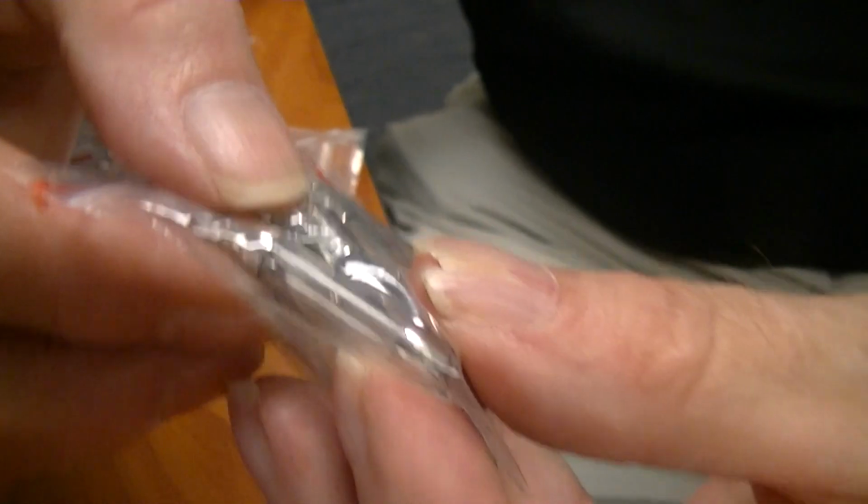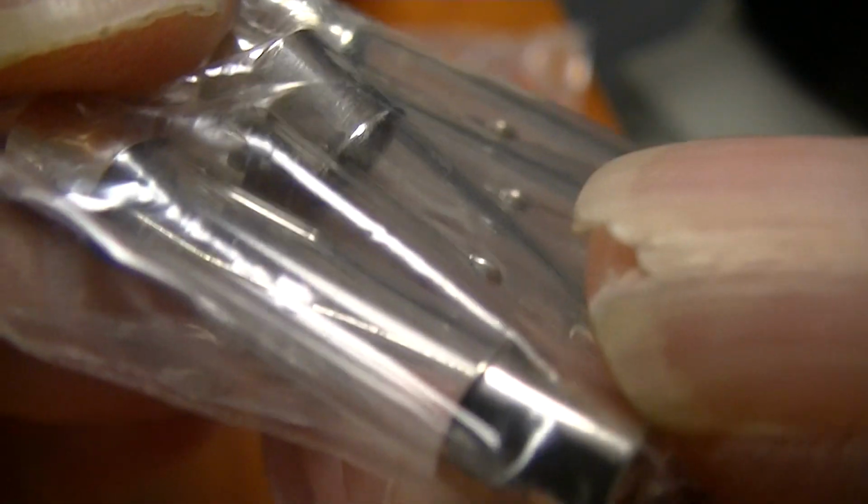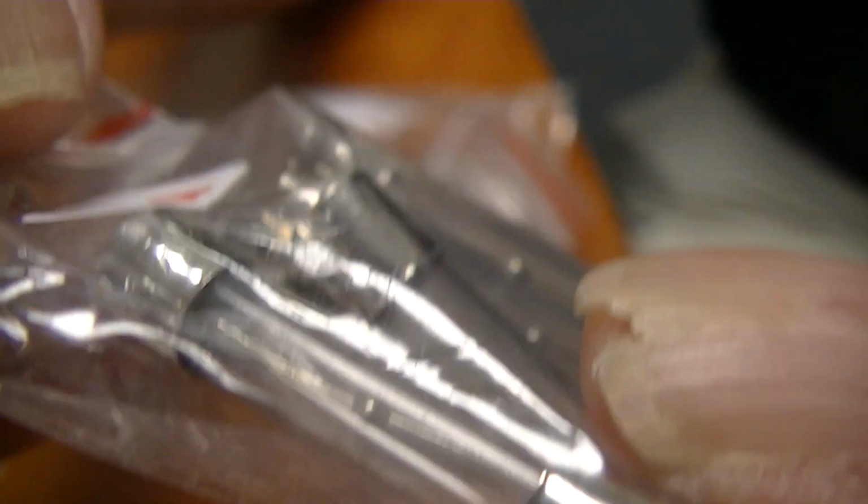Well, this is kind of like a fusible link. When you get to a certain point, you melt the center, and that dot will disappear. It's some type of an alloy in there. Maybe it's a lead alloy, who knows? But you can see the difference here. That's different. Okay, these are the